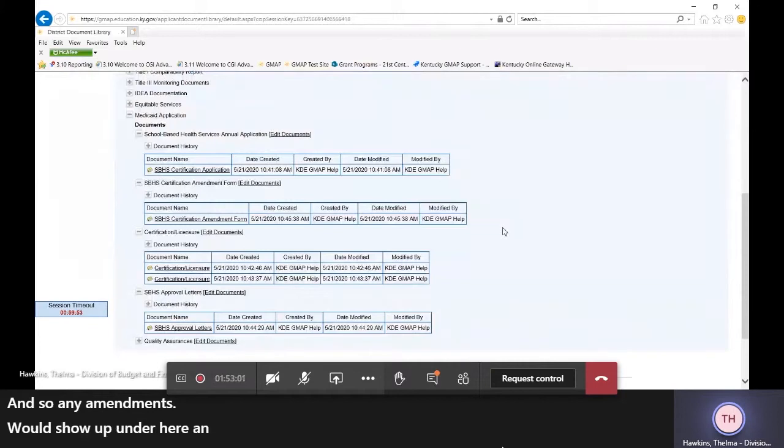And like I said, Stephanie and Lindsay will come up with a naming mechanism of how each document should be named. And for the approval letters, all approval letters will be kept in one section. So the file name may be SBHS approval letters, amendment, and a date. But all approval letters will be under the SBHS approval letters folder.